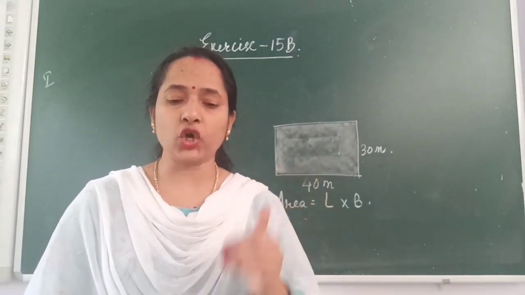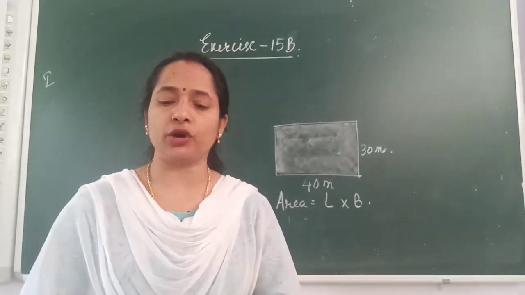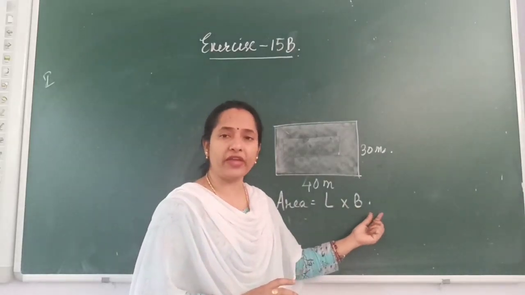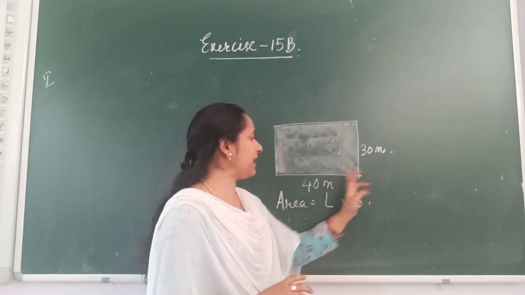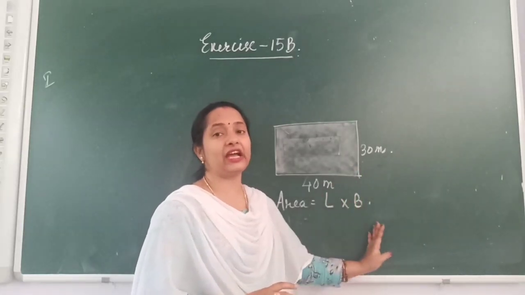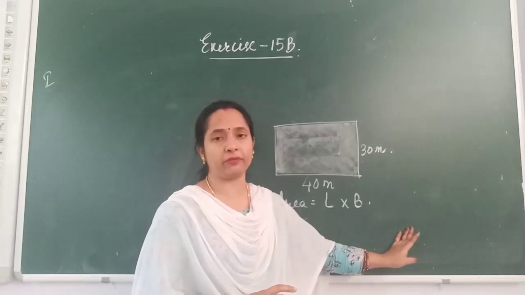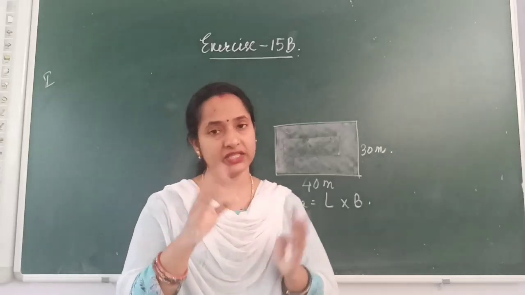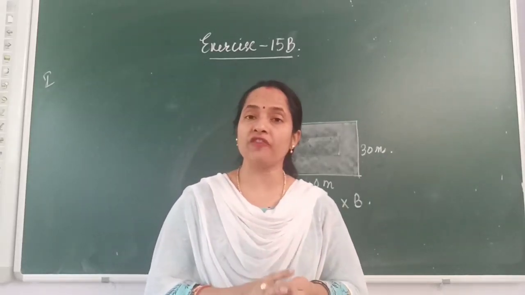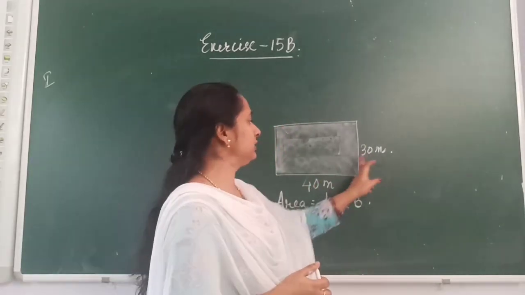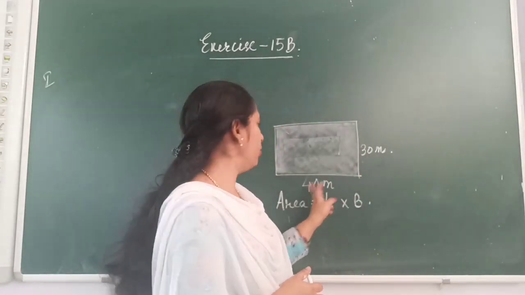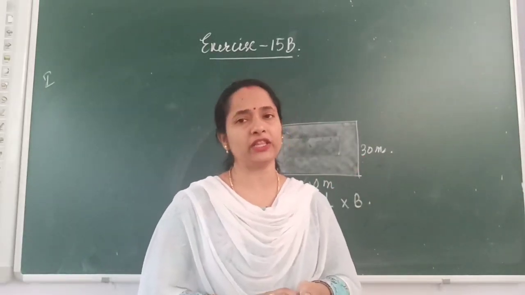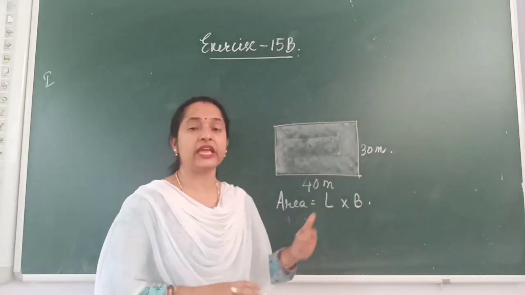Now find the cost of mowing the whole lawn at the cost of ₹6 per square meter. We know the area, units of area is in terms of square meter. By multiplying these two, you will get the area of this particular field in terms of square meter, isn't it? If cost of mowing for 1 square meter is 6 rupees, then cost of mowing for total how much will you get? We can directly orally tell the area. 4 3s are 12 and 2 zeros. So you get 1200. That is 1200 meter square will be the area of this rectangular field.